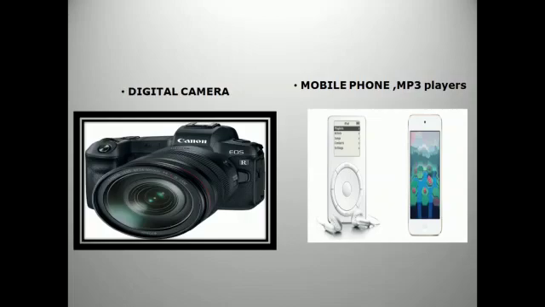Digital camera. A digital camera is used to capture pictures and video in a digital format. By connecting the camera to our computer's USB port, we can transfer the images from the camera to the computer. We know how to transfer photos: whatever photos are available in a camera, we can transfer to the computer by connecting it to the USB port.